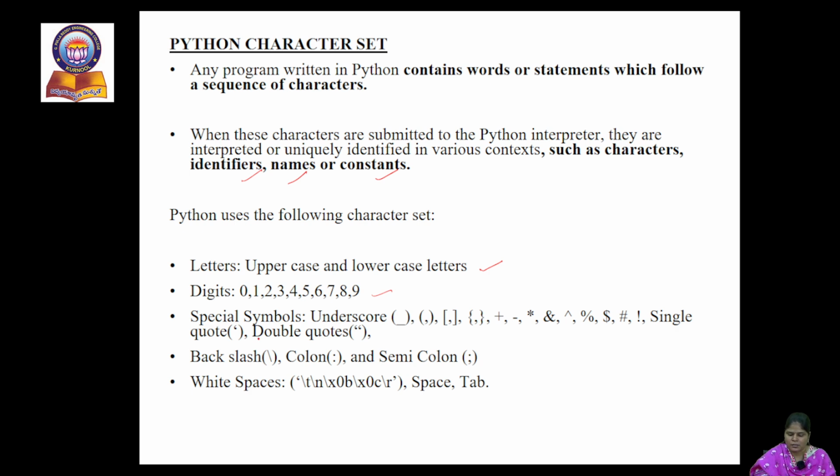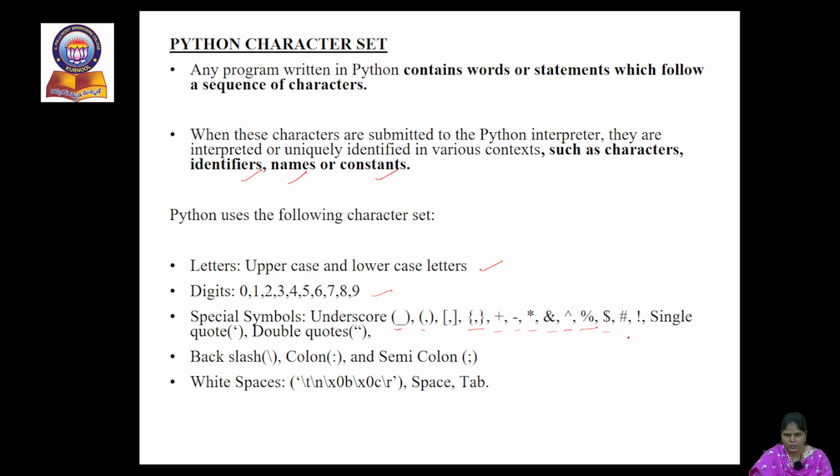And then special symbols like underscore, comma, this is a parenthesis, this is an underscore and this is a comma. This is a bracket and these are the braces. Plus, minus, asterisk, ampersand, caret symbol, percentage or modulo, dollar symbol, hash, every other special character available on the keyboard